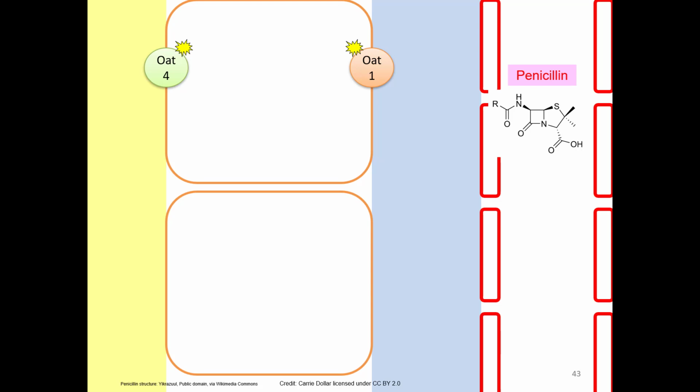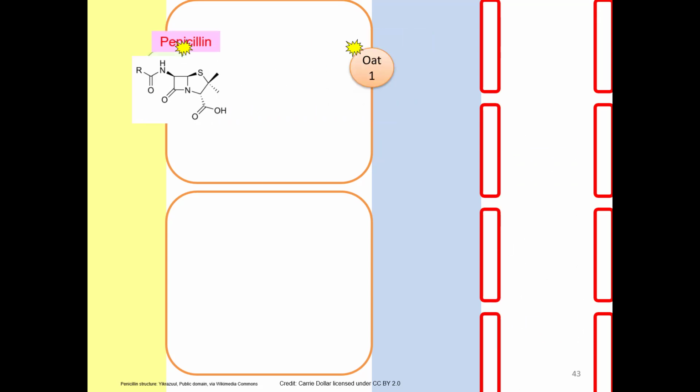It also just so happens that a lot of drugs fall into this category too. Drugs like penicillin are anionic and organic, so they can be removed using these OAT transporters. These are active transporters, and it actually takes energy to do this secretion process. So drugs like penicillin will leave the peritubular capillary through bulk flow, but then they'll bind to an OAT